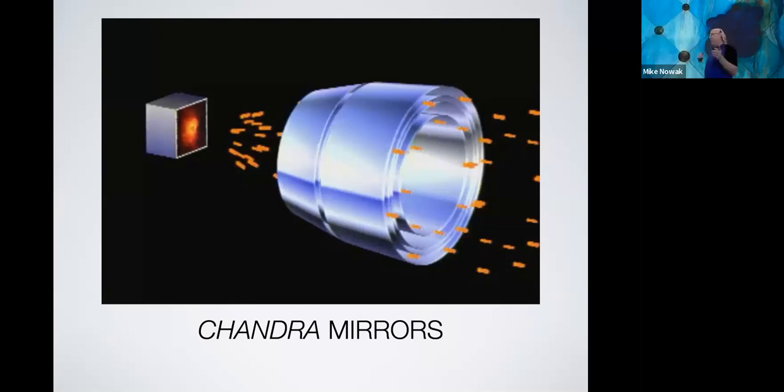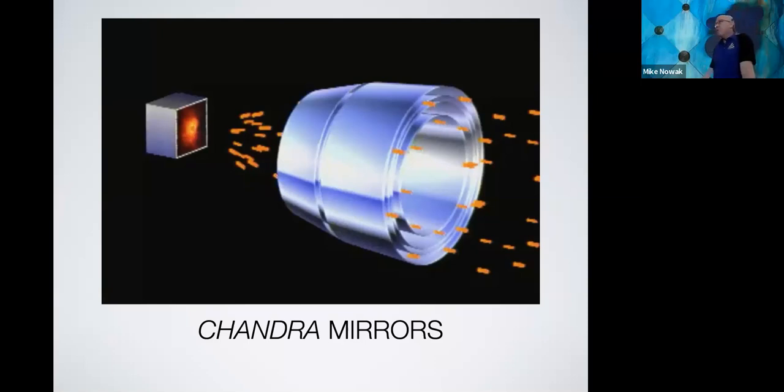It does make a real image, and you're going to see that. So that Crab Nebula was with these Chandra mirrors. The image is better in the center and does get distorted as you get further away from the center. And you're going to see that in a moment. No, it's a great question.